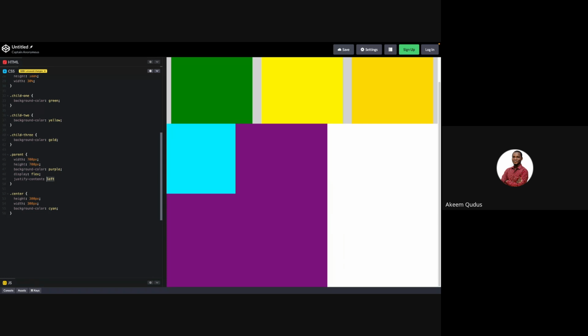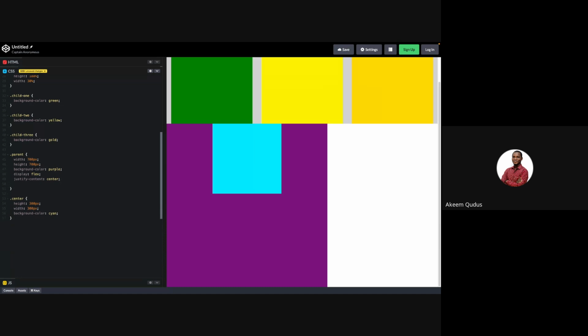Justify content. We want this thing to sit at the center. So what do we do? Justify content center. Bam. One down, one to go. So horizontally, this div has been centered. Now we want to center it vertically. So what do we do? Align items. And when we say what? Center. Bam. You see that? This div has been perfectly centered